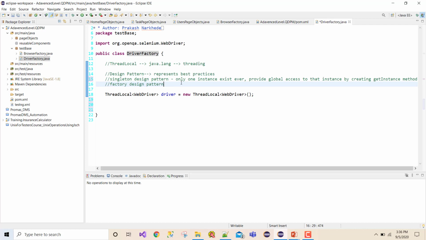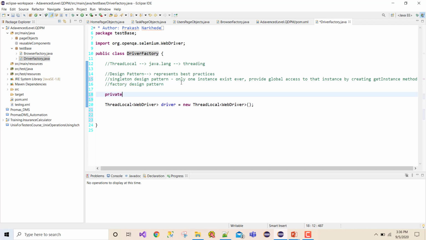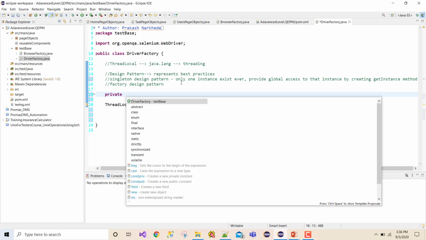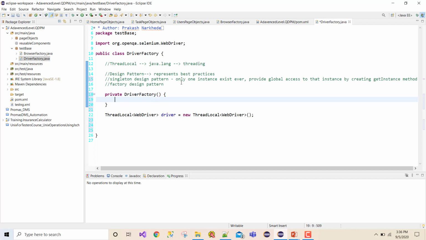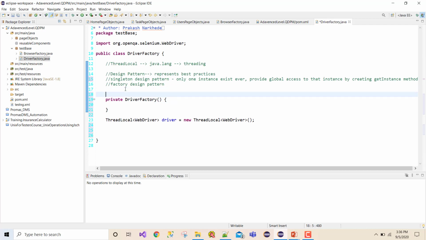Now I want to restrict someone from creating an object of this class, so what I'll do is create its constructor as private. If I create a private constructor, that means other guys cannot create an instance of this particular class. Let me put it here for your understanding.